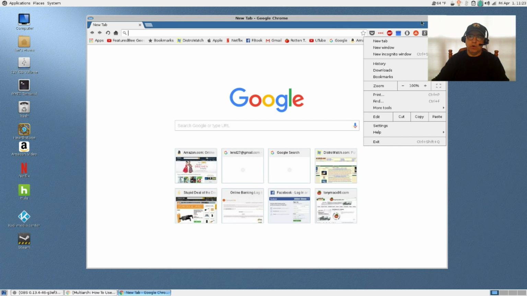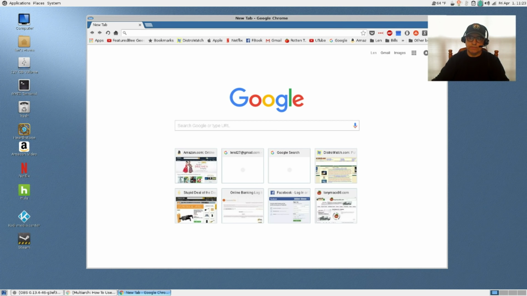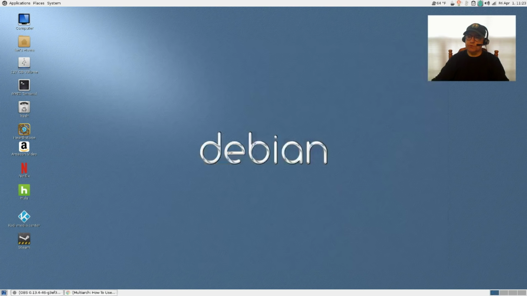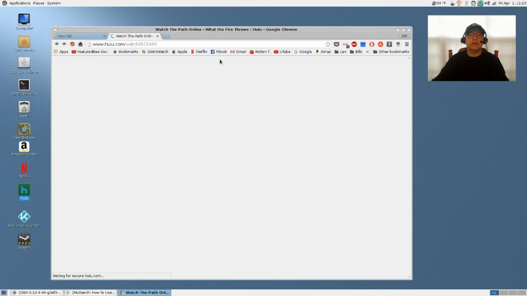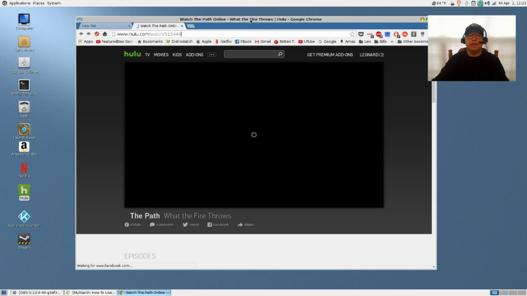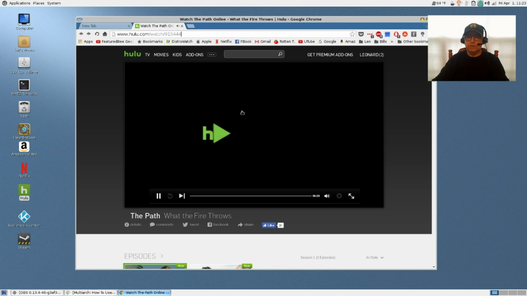Now it's not quite as nice as using ICE SSB. However, because Google Chrome now handles all three streaming sources, I'm using it instead of ICE. So for example, once I double click, it will open a new window, a new browser for Hulu.